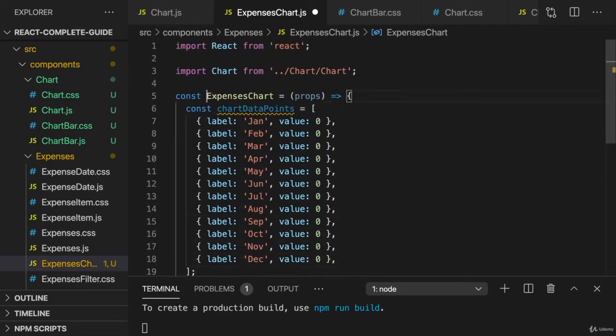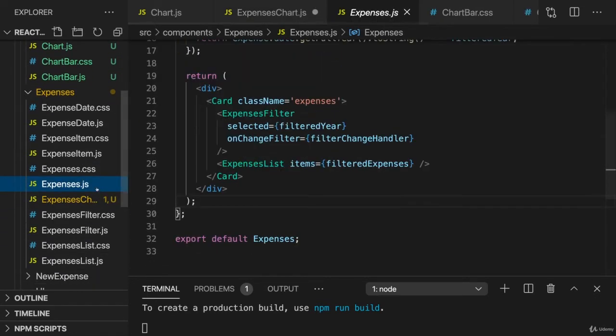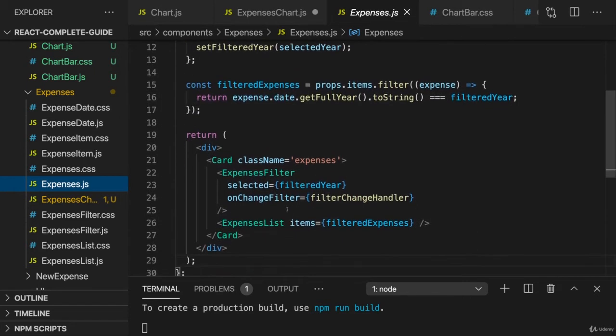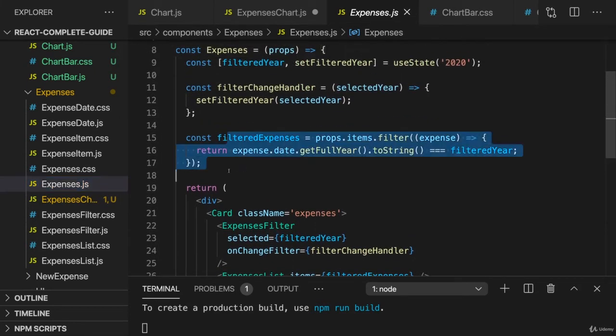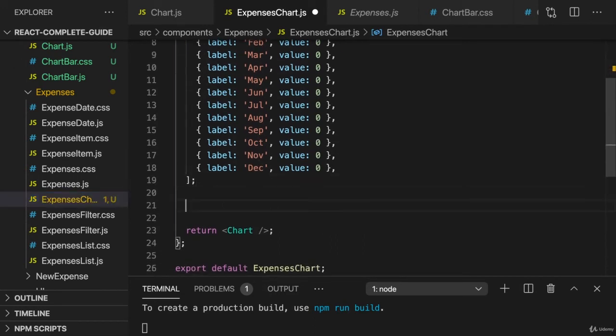So therefore I expect to get the filtered expenses as a prop on my expenses chart component, because we will use expenses chart in the expenses.js file later, and there we have the filtered expenses. So here in expenses chart, I just expect to get that list of expenses. And then we can add a for loop